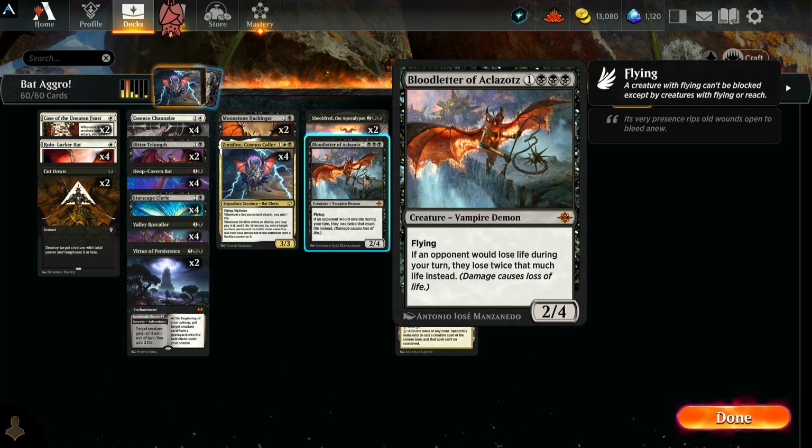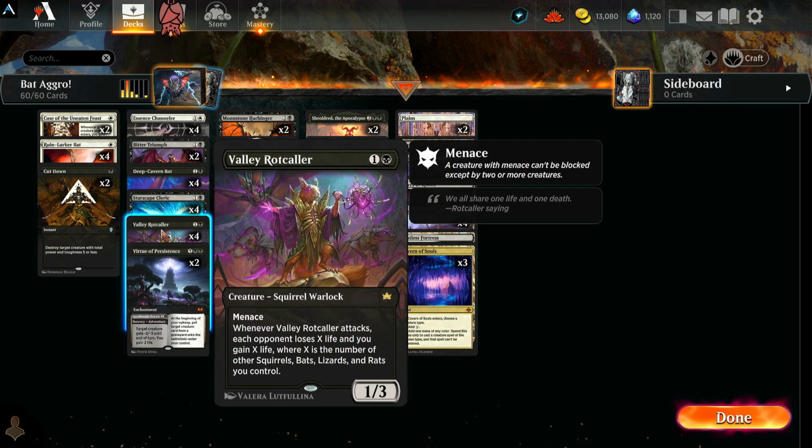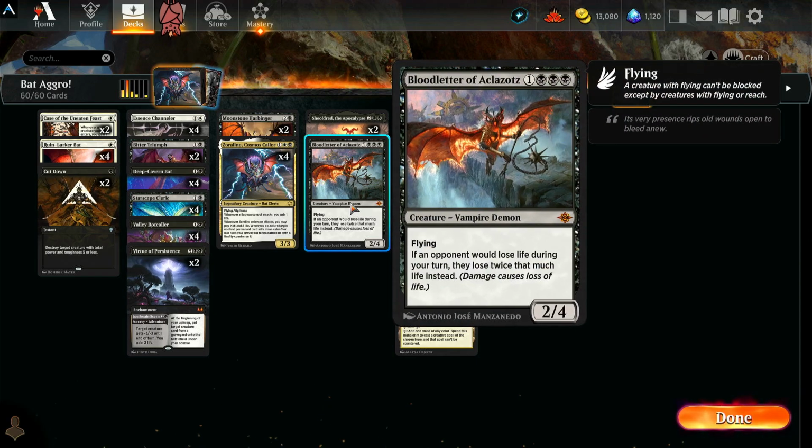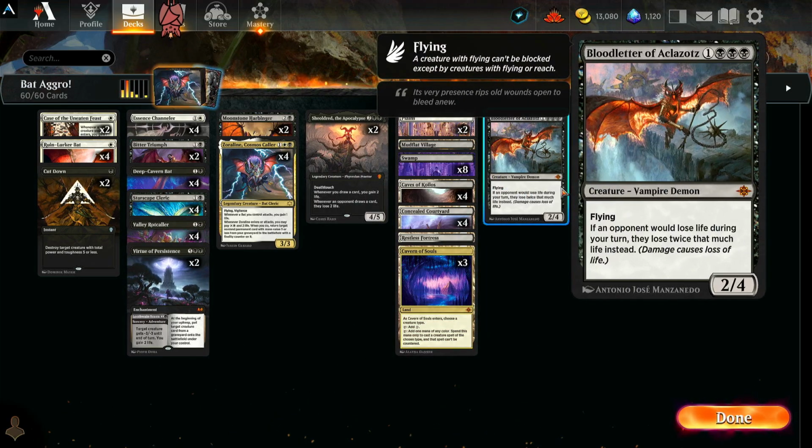Anyways, the Bloodletter, the opponent would lose life, right? So like when you're swinging with a Rotcaller and whatnot, it's just too bad that it's not a bat in and of itself. Do I still like the 1 of? I think that the Bloodletter, in that last game, how do we feel? I mean, first of all, if the opponent didn't have removal for it right away, that would have just been a GG's. Luckily, it was a GG's anyways, but